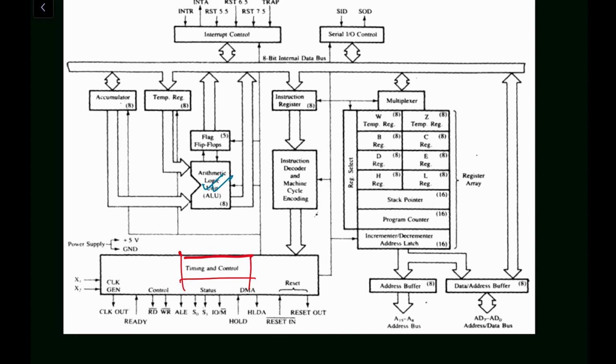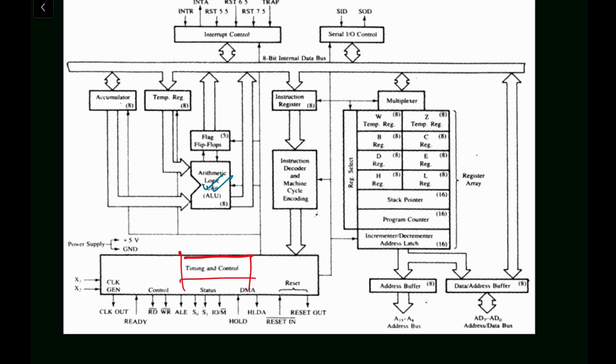So basically you have to understand that it generates the timing and the control signals. It provides status, control and timing signals which are required for the operation of the memory and the input output devices. It controls the entire operations of the microprocessor and peripherals connected to it. Peripherals means, suppose input output devices, suppose a display device, this is the output device, suppose a keyboard, that will be interfaced with these input output devices. It will control all the peripherals as well as the processor or the CPU unit.